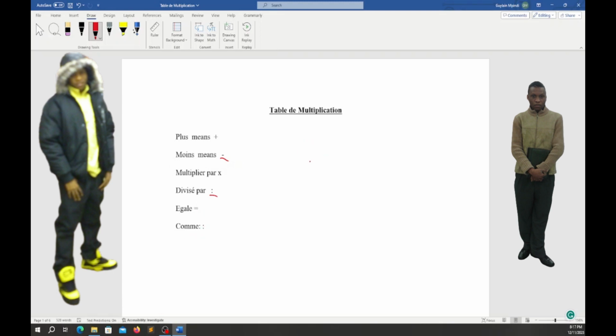For example, if I say, let's say 1 plus 2, that's 3, okay? So this one, if for example I say 3 minus 2, that's 1. Okay? Multiplication, if for example I say 3 times 3, okay? This one is égal. Okay? So yeah,